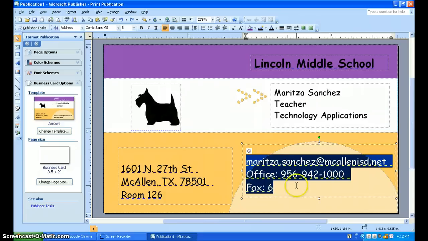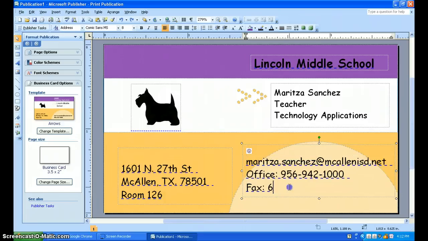But oops, sorry. And so you see how I deleted everything. I didn't mean to do that. So all I have to do is Control Z. So 956. Let's just make it up. 942